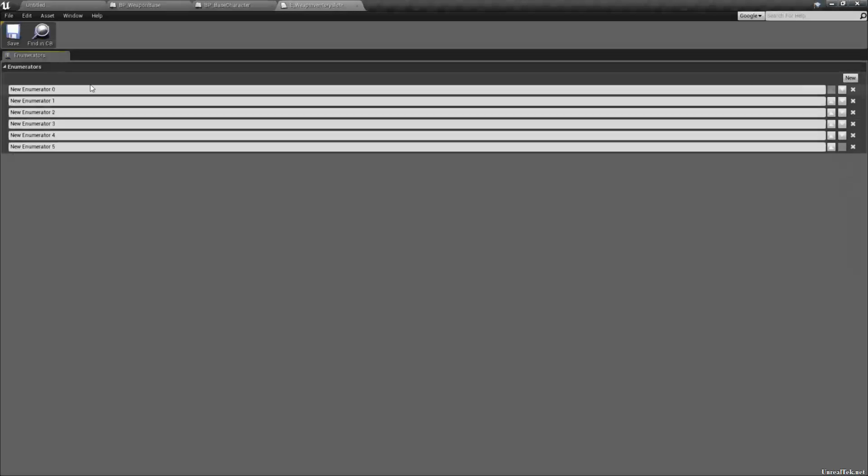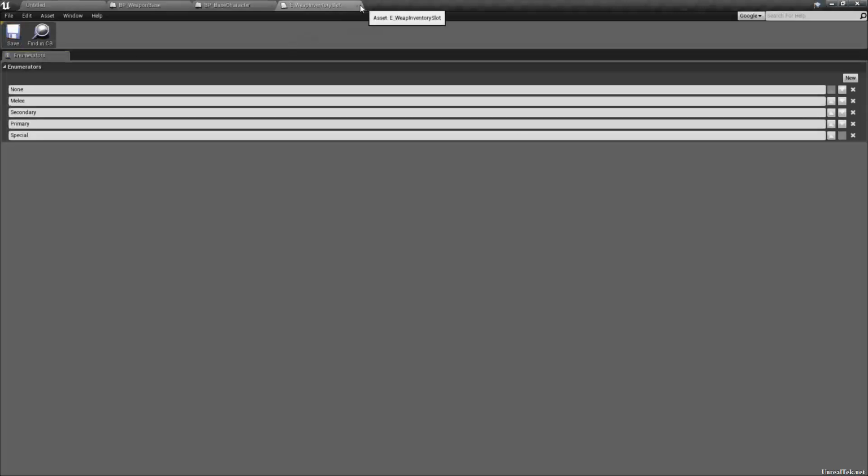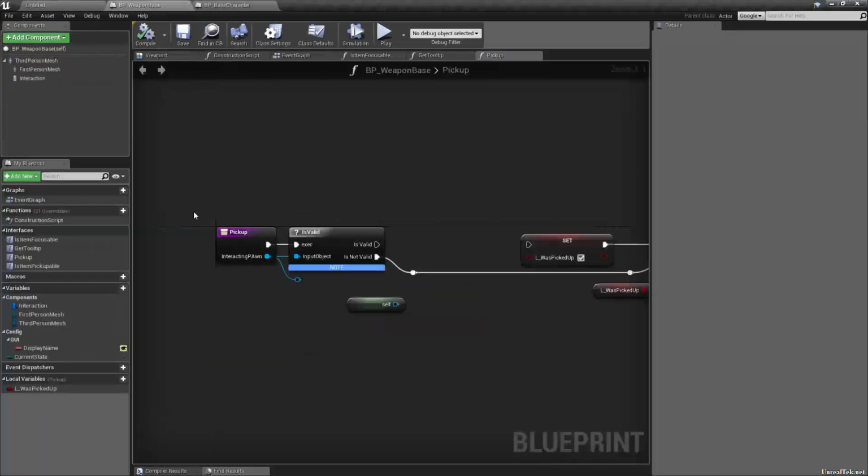So I think we had like 5 or 6. We'll need none, obviously, and melee, secondary, primary, and special, which I totally think I spelled wrong. So save that. Then let's go into our weapon base, and we just need to simply add a variable, which